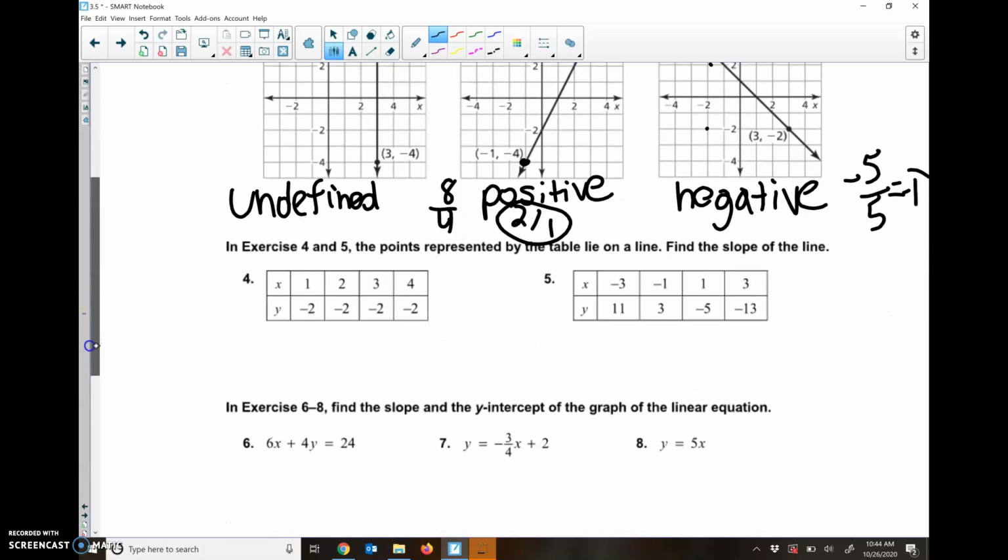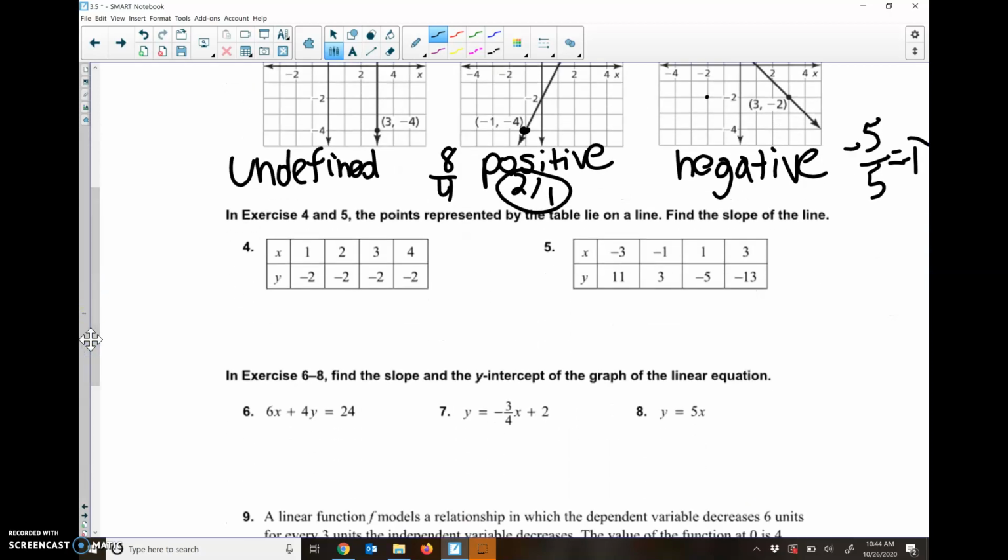Okay, here, 4 and 5, it says use the points represented on the table of the line to find the slope. So here, now we have numbers instead of an actual graph. So we're actually going to be using a new equation here. It's y2 minus y1 over x2 minus x1. And what that really means is we're really just going to subtract 2 y's and subtract 2 x's and then